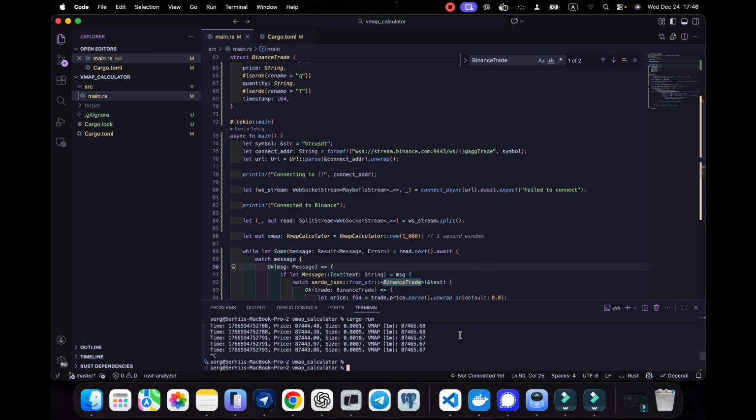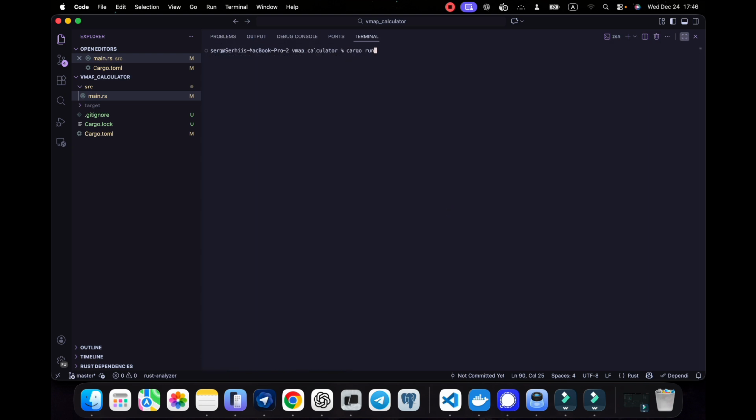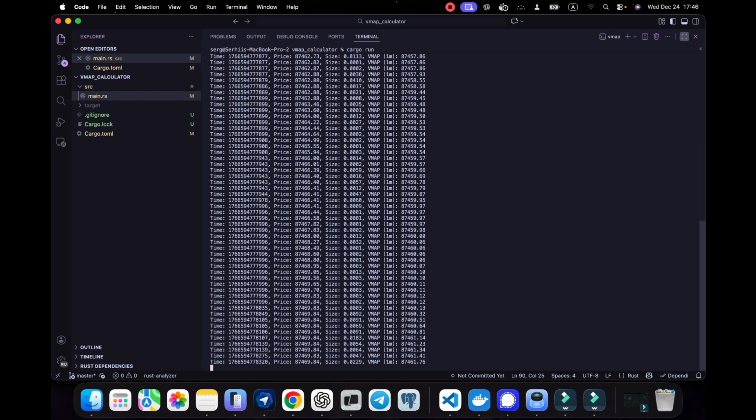Okay, clean, run again. Okay, something like that. So we implement this indicator, we can process it to make decisions, to analyze it, and let's see what's the difference